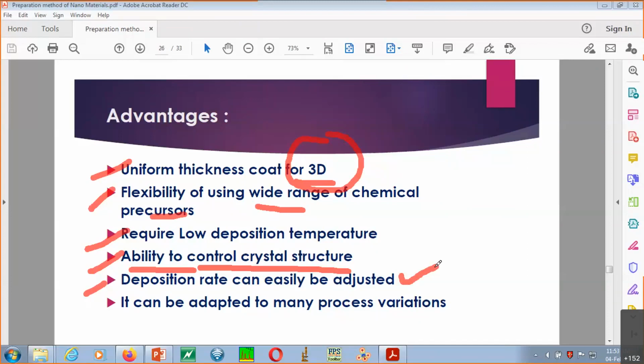Okay, and the last is again many variations of, if you want to see between the gases, then one can also go for this. Suppose they want to check it out, like suppose 60% is one precursor gas, 40% is something different, or 50-50 or 30-40, or whatever ratio if you want. So one can always go for such kind of variations to find out more such details with that. So ये flexibility है इन सारी चीजों में, so that I consider as advantage.